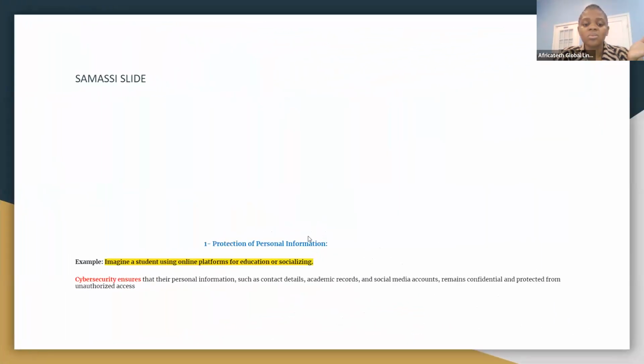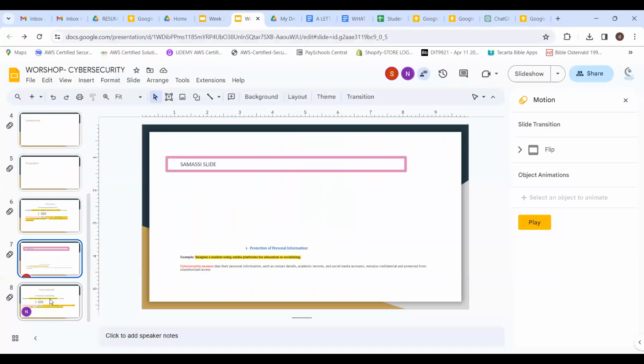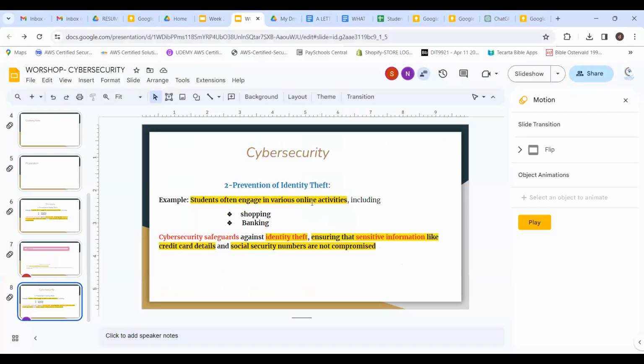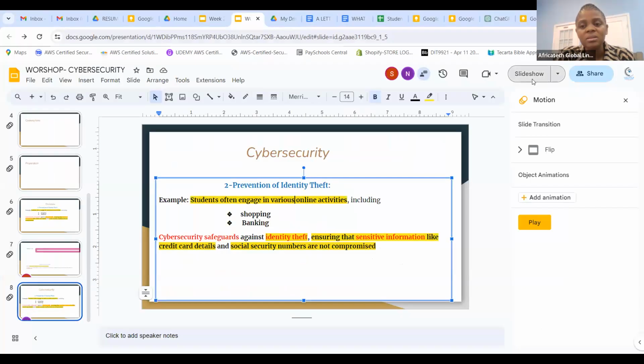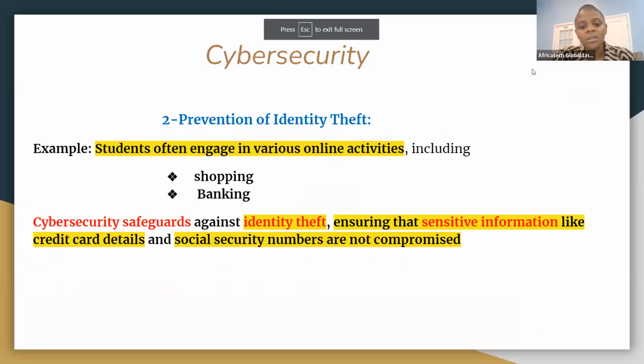Now Samasi is not done with his slide. I see it. It's not nice like this, right? So let me see your slide. Yeah. Number 8. Let's play it and see. And italics.